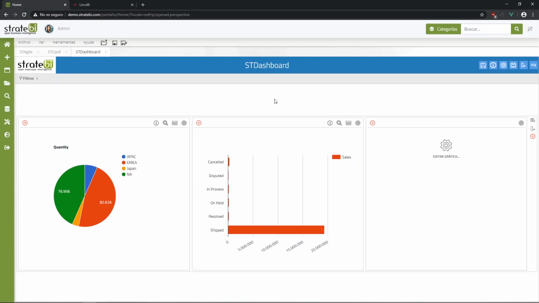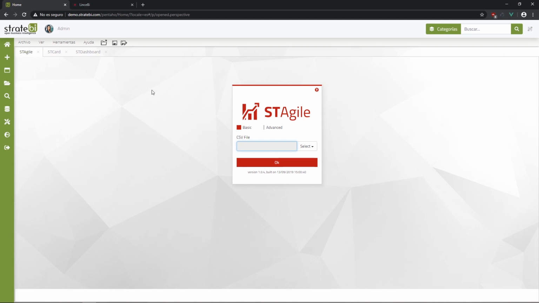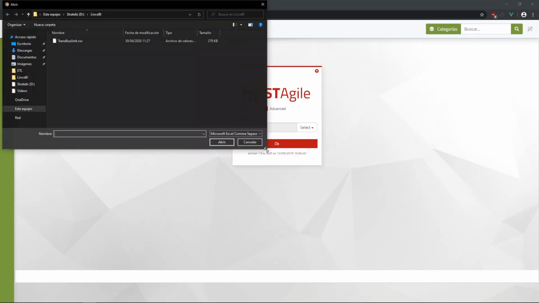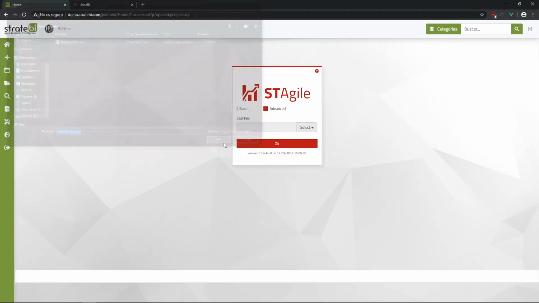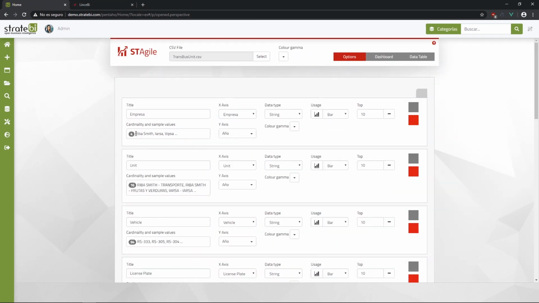The next dashboard tool we will cover is StAgile. StAgile will allow us to load data in CSV to create dashboards in a simple and powerful way. We will be able to load the CSVs both from the internal repository of the LinceBI platform and from our computer. Once the CSV is loaded, the work interface will be loaded, which is composed of 3 perspectives: options, dashboard